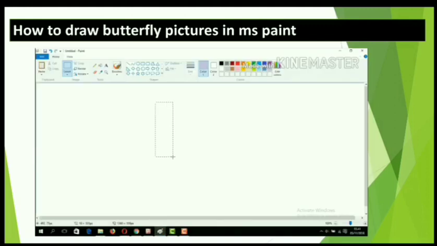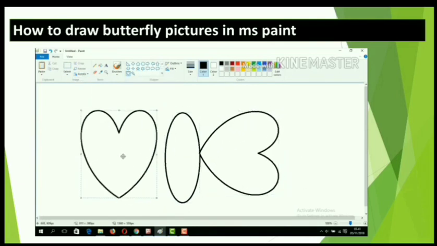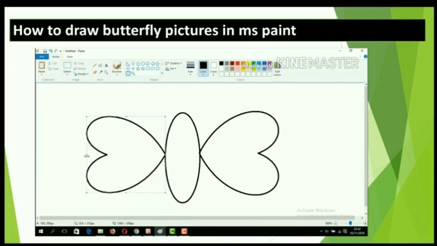See children, how to make a butterfly in MS Paint. Do you like it, children?